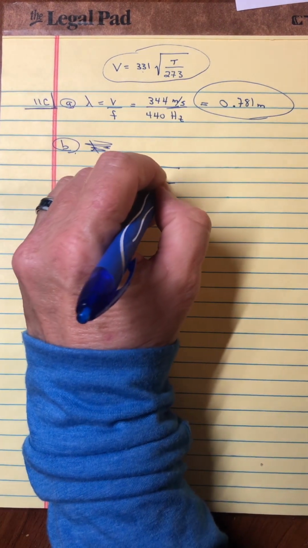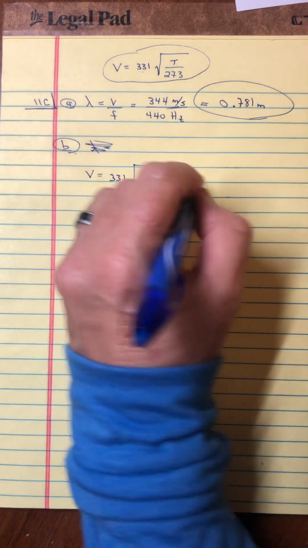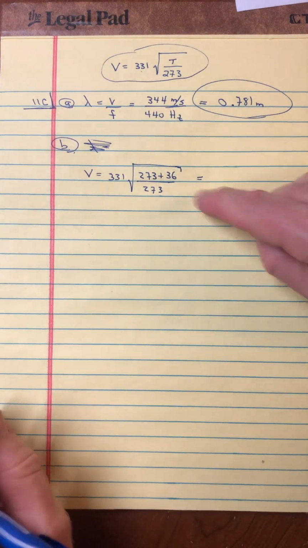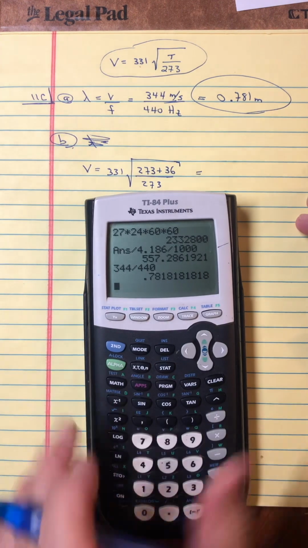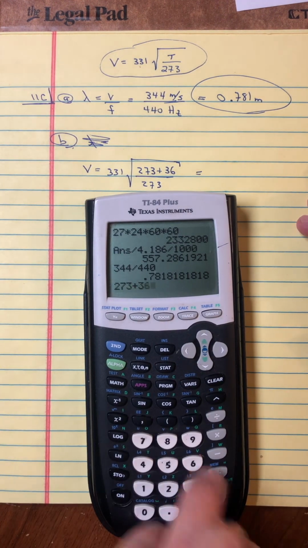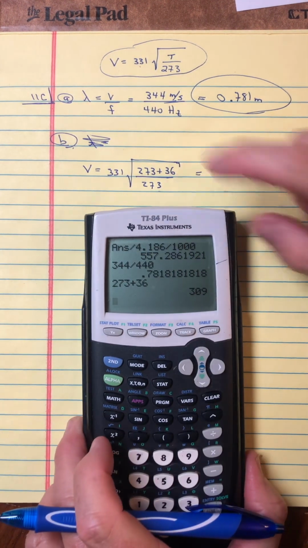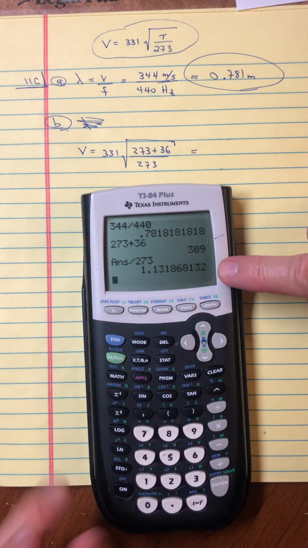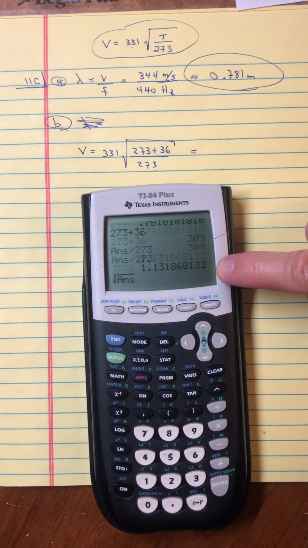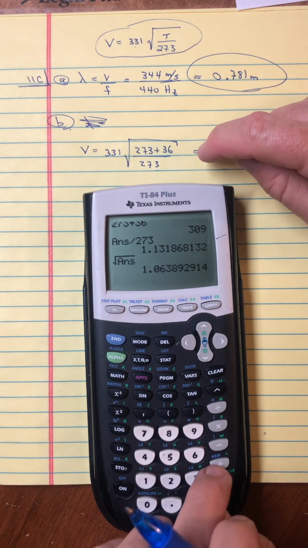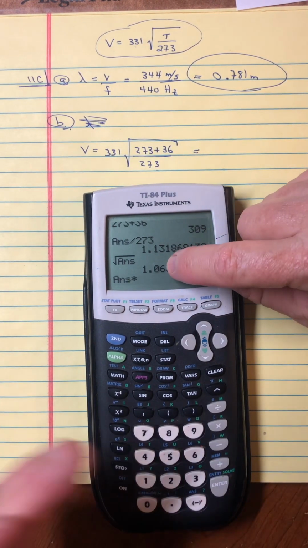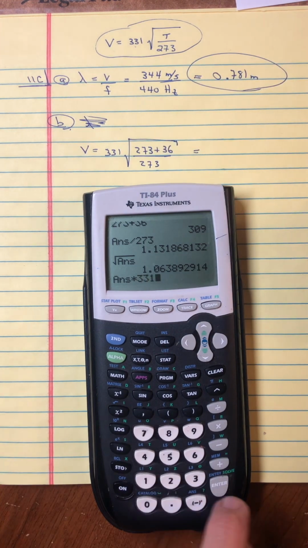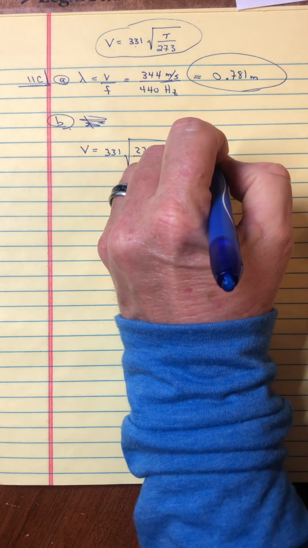So it'd be 273 plus 36 to get it on the Kelvin scale. That's the big piece there. So 273 plus 36, okay, it's 309 on the Kelvin scale. And if you divide that by 273 and take its square root, it looks like a 6% increase over 331,